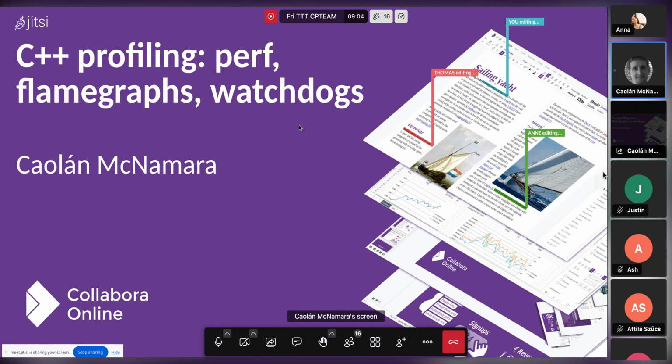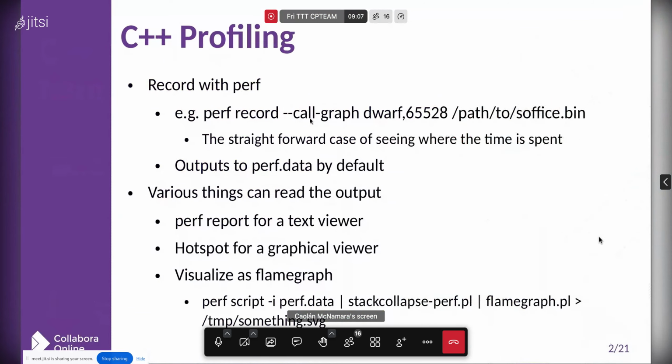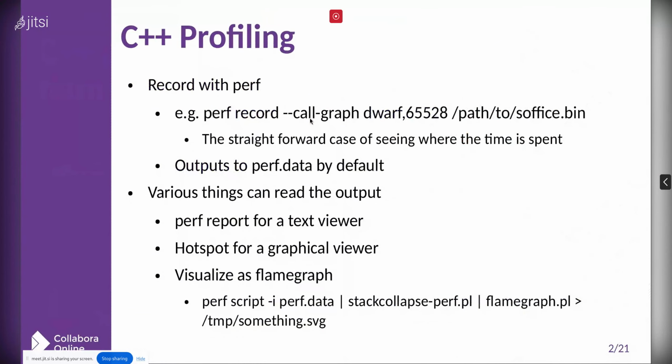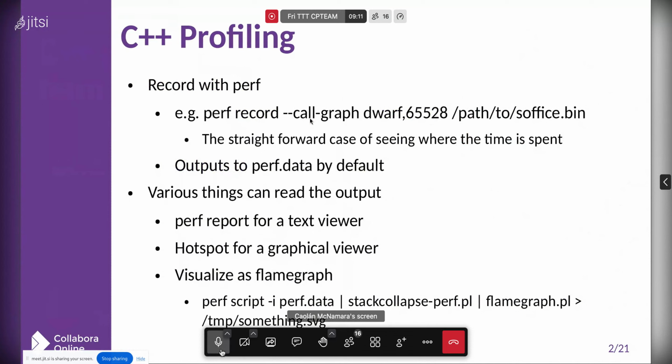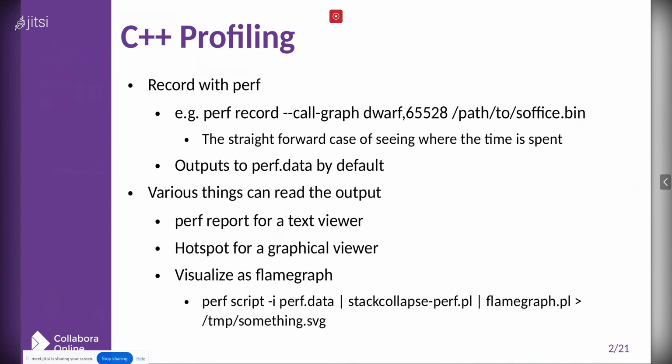Okay, so we'll do the profiling then. So the profiling, nearly always profiling with perf on Linux. The top line here is just the most straightforward case where, let's say, we're profiling LibreOffice itself directly from